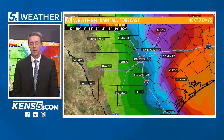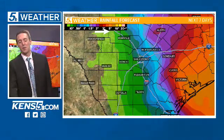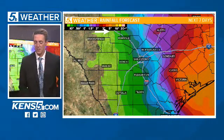Notice the line up here, the bar graph up here. I'm trying to draw a line, but it may not let me draw it. There we go. So you see up there 2 to 5 inches of rain. I'm going to try to place this in the right spot. My computer's giving me a little bit of a tough time. There you go. 2 to 5 inches of rainfall in the purple all the way to the oranges from Cuero